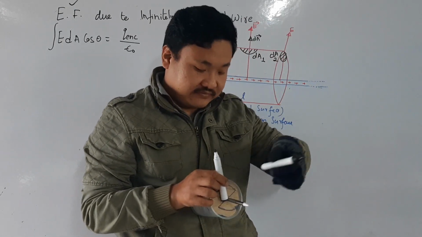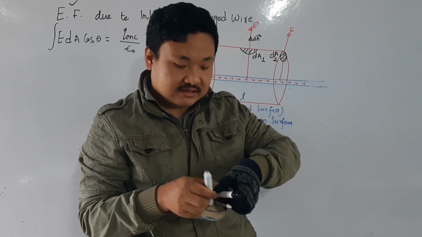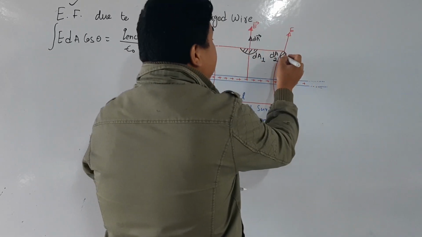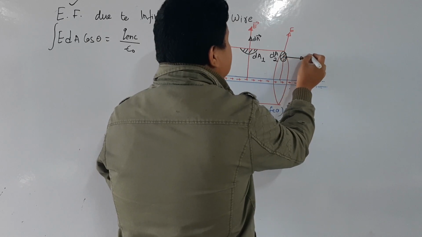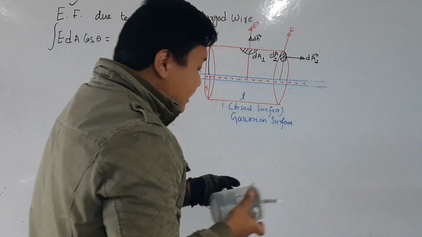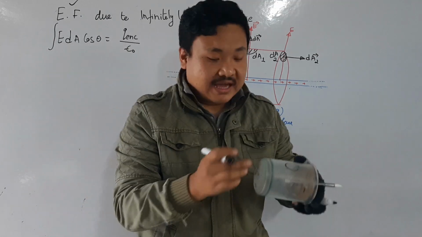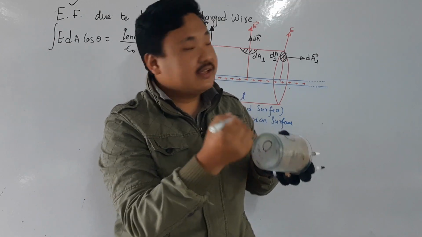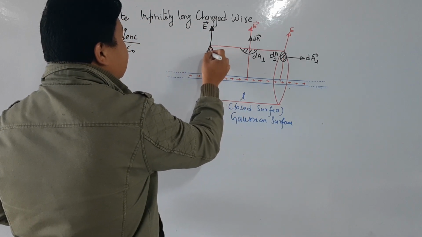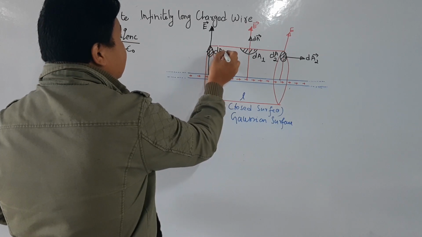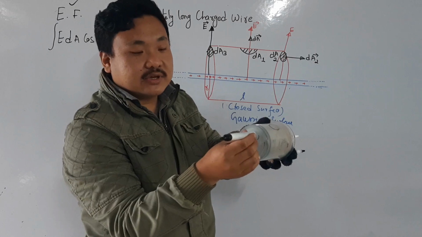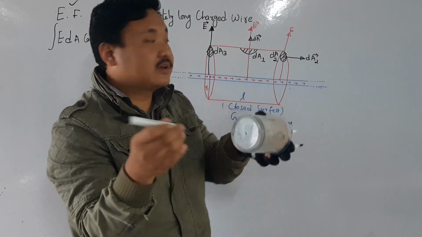Okay, and the area vector is like this, isn't it? What is the angle? 90 degree here. So from here there is an area vector like this, so dA2 vector. Now here I will take a small area like this, that is my dA3, and from dA3 also it is like this. Area vector is always perpendicular.